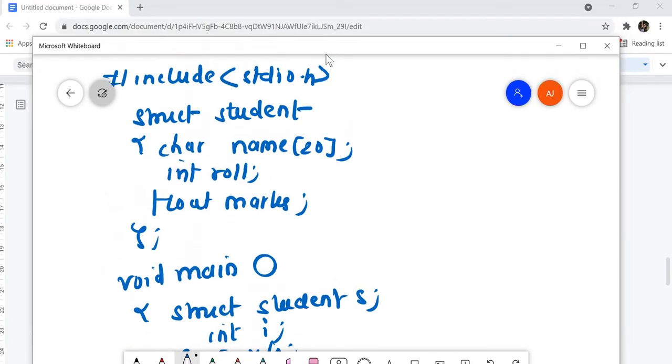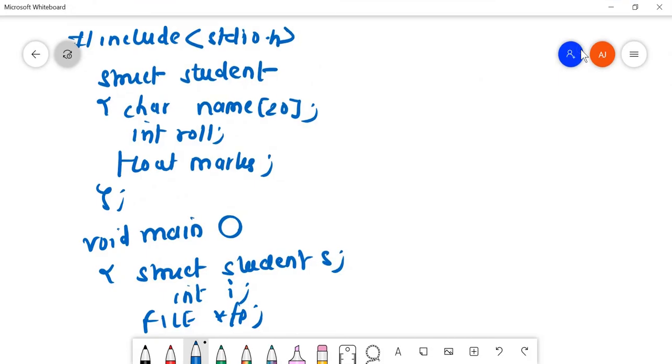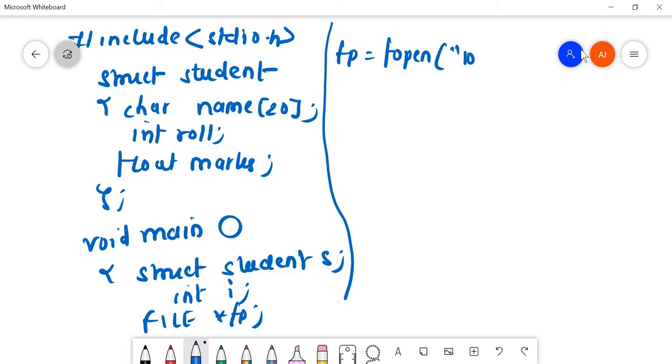Next, what they have told us is to open a file, that is ioe.txt. So fp equals to fopen ioe.txt. I'll open this in write mode, because we have to write the information in this ioe.txt.